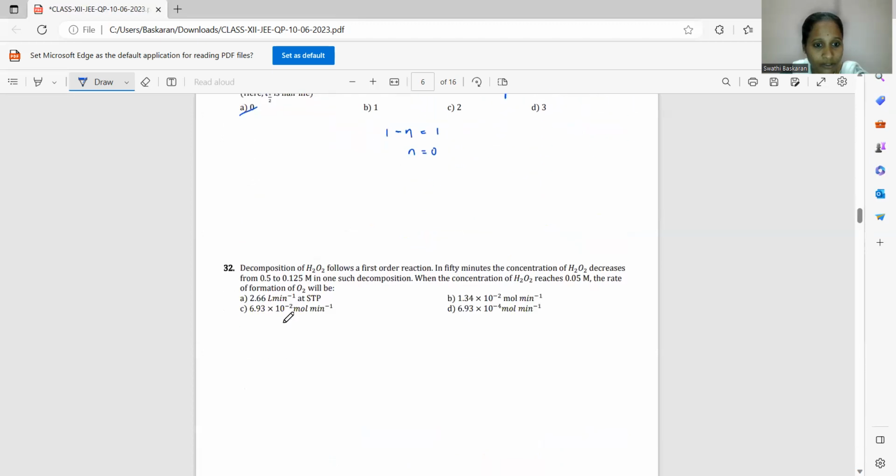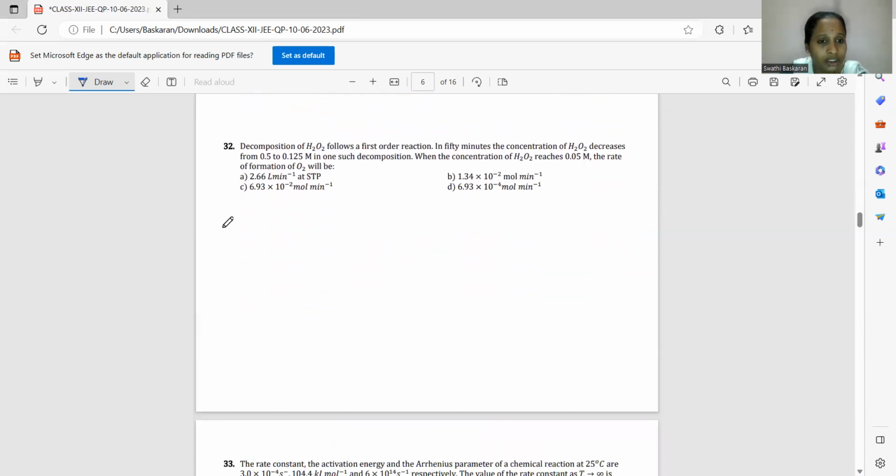Okay. Now coming to the next question. They are asking that decomposition of H2O2 follows a first order reaction. So fine. Now next, they are giving the time 50 minutes, and the concentration of H2O2 decreases from 0.5 to 0.125 M. And finally they are asking, when the concentration of H2O2 reaches 0.05 molar, the rate of formation of O2 will be